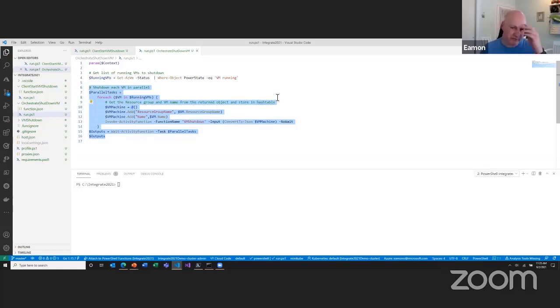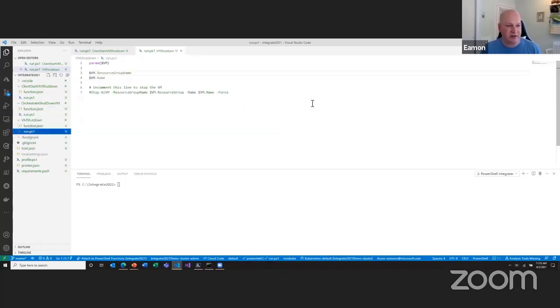And then I'm going to use the capabilities of Durable to kick off basically shutting down those machines in parallel. And so the nice capability of this is there are some built-in constructs in Durable that allow you to do things in parallel, like one of those scenarios I mentioned earlier. And so what this one does is it calls another function called VM shutdown to actually go and shut down the machine. And so the last one you'll see here is shutting down the machine. So for this one, I just wrote out the resource group and name. If I uncommented this, it would actually go and shut down those machines automatically for me.